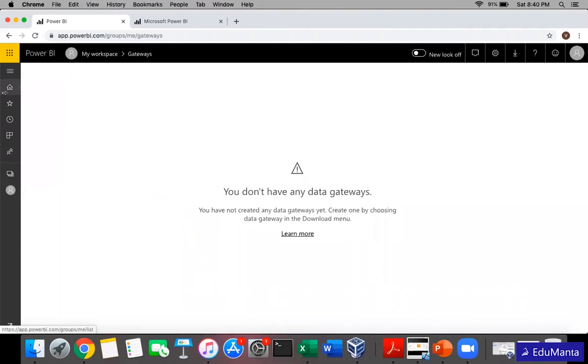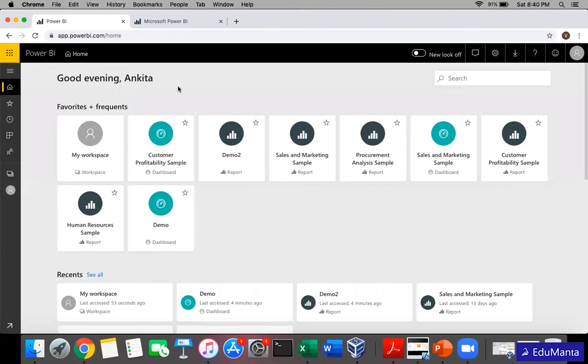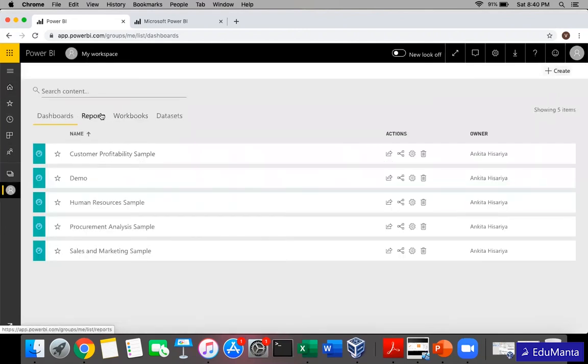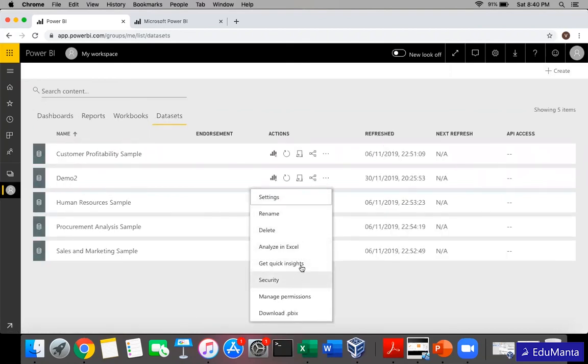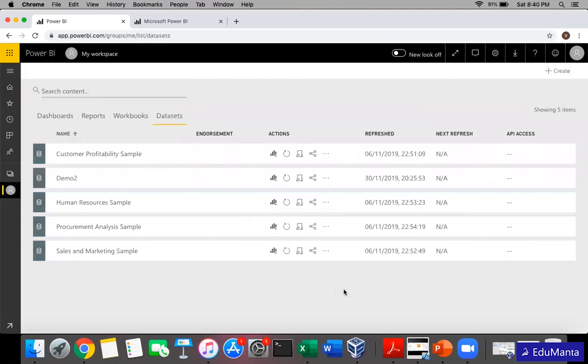And inside that gateway, we have to configure the credentials, not in fact the path, they will take that from the report itself. After we have configured those credentials, we can go to this data set section. We can just say schedule refresh, right?